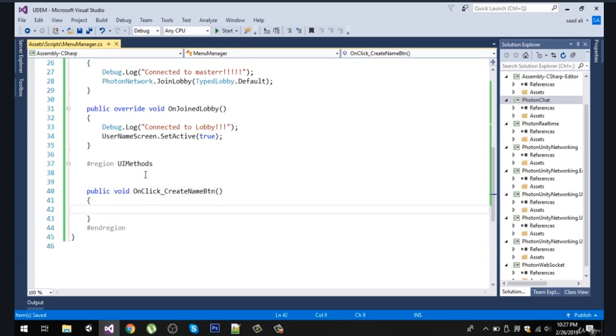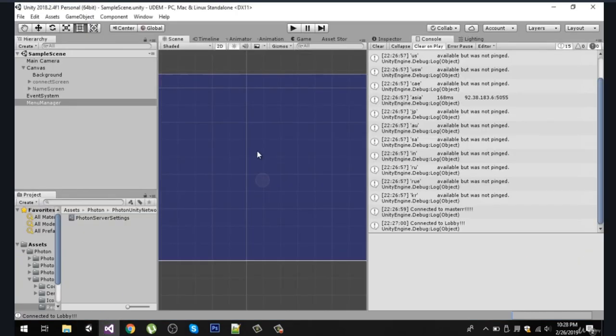This method will get called when our user inputs his name and clicks on this